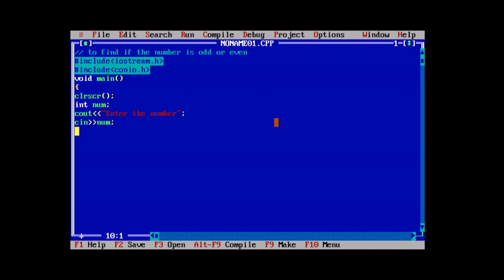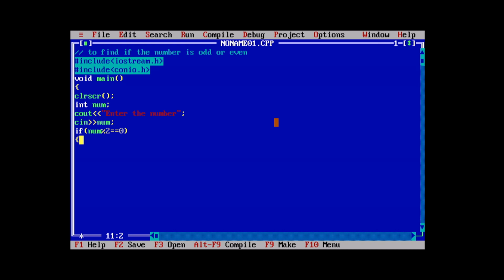The if, if num modulo symbol 2 equals to 0, open bracket. The if else is a conditional construct which allows a program to choose any one of the two paths of execution depending on the value provided by the expression.